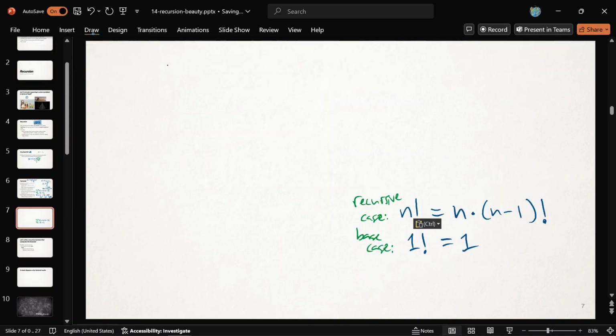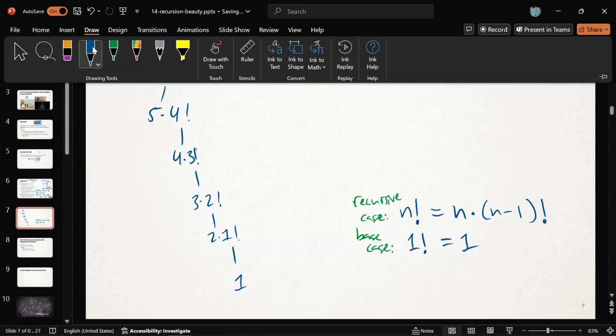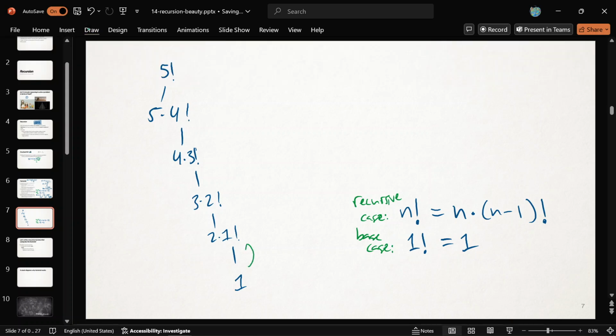let's say that somebody comes asking for 5 factorial. Well, we're going to run this rule, and we're going to go off and, all right, it's equal to 5 times 4 factorial. And then what's 4 factorial? It's equal to 4 times 3 factorial. 3 factorial is equal to 3 times 2 factorial, 2 factorial is 2 times 1 factorial. And then this 1 factorial, we're going to define that to be 1. And that's the base case. And so then we can start building the answer back up. Oh, the answer for 1 factorial is 1. We give it back to here.